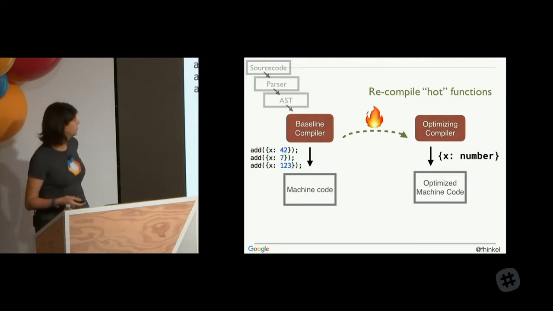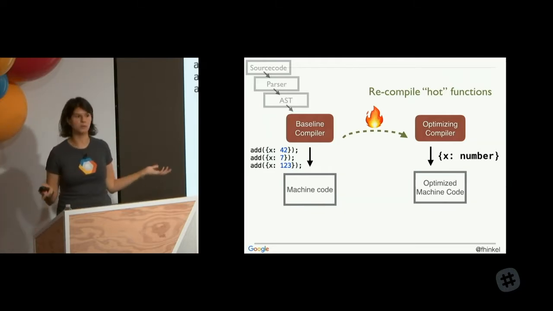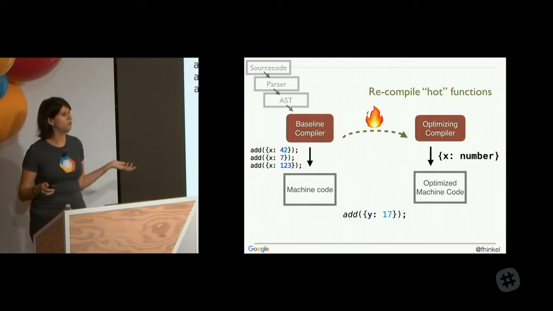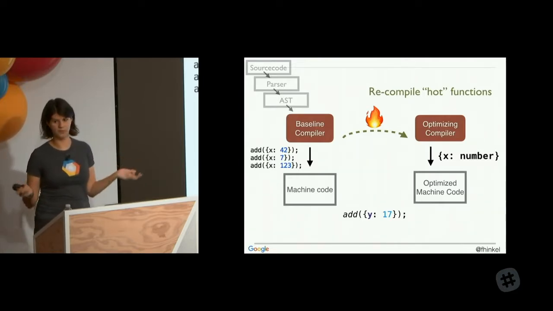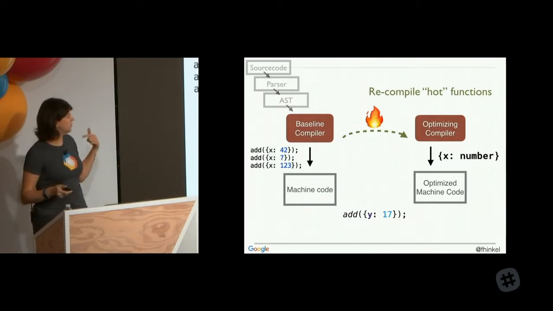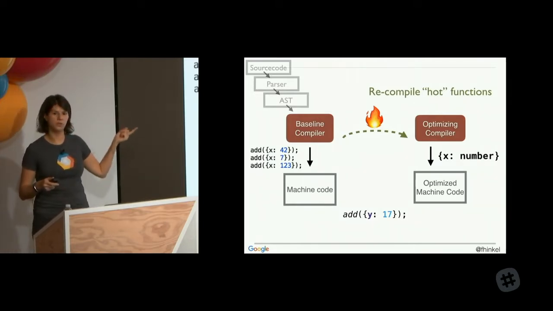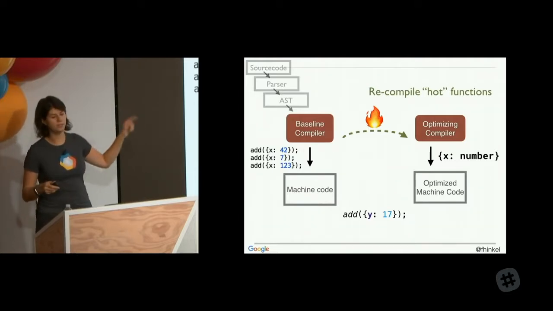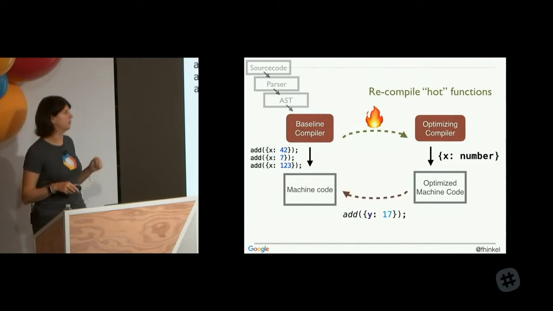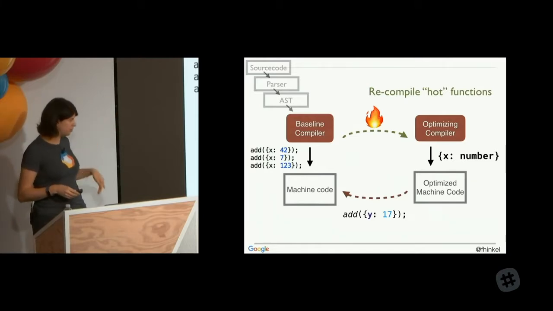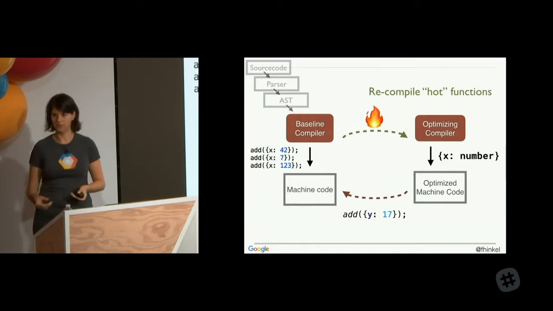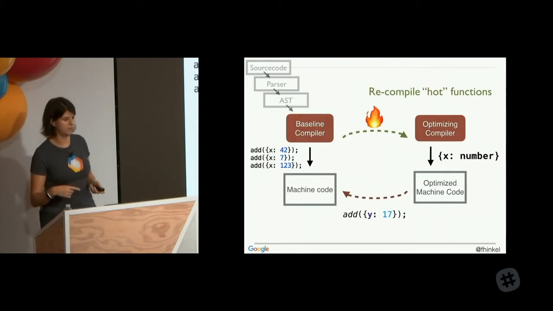Now, of course, in JavaScript, it's totally legit to call a function 1,000 times with similar inputs, and then at some point change your mind and say, oops, I'm calling this add function with a different object now. This does not give you wrong JavaScript. It's not that your code will crash or anything. It's just that this optimized machine code would give you the wrong result if you were to run it with this kind of input. So instead of running the optimized machine code, the compiler deoptimizes and passes this input to the machine code that was generated by the baseline compiler. So it's the slower version, but it's correct for this kind of input.